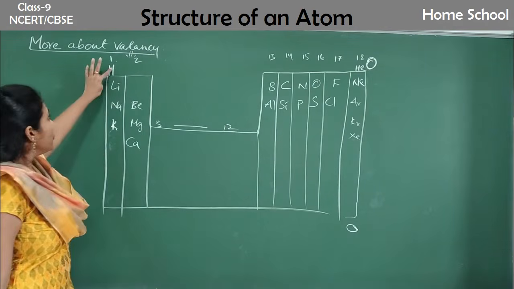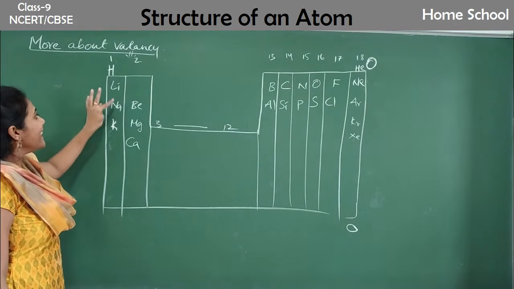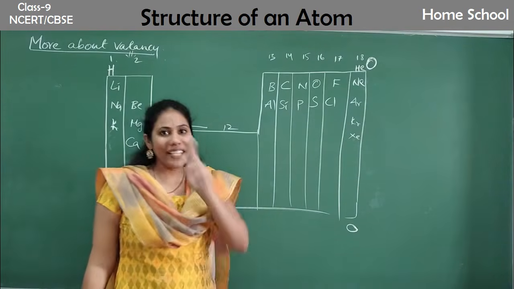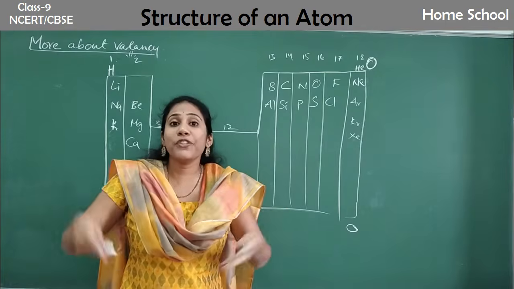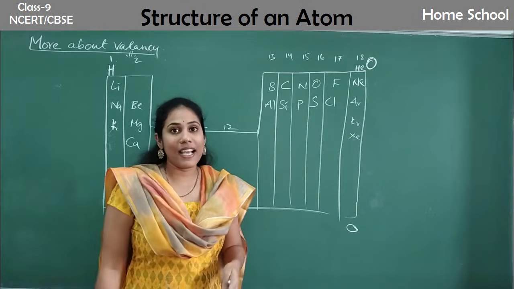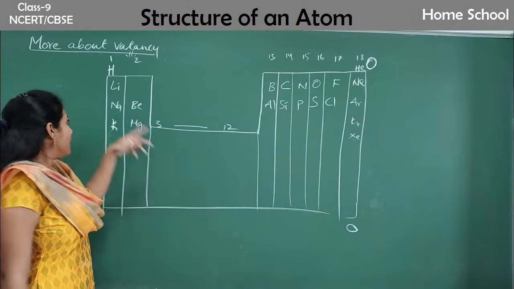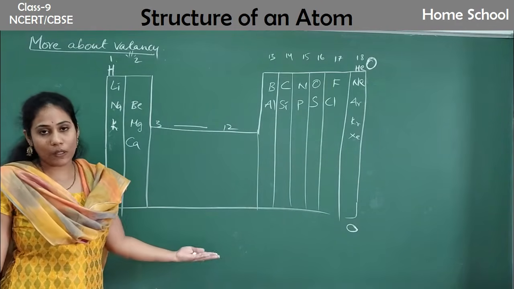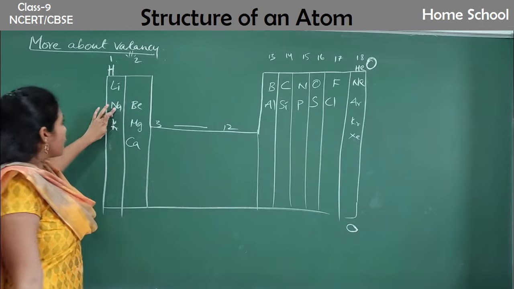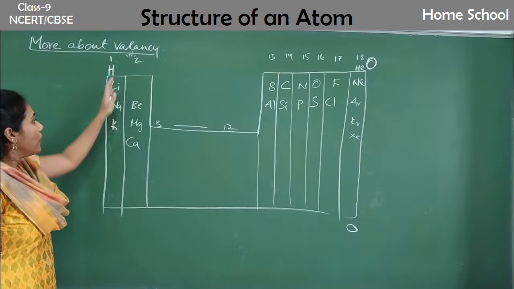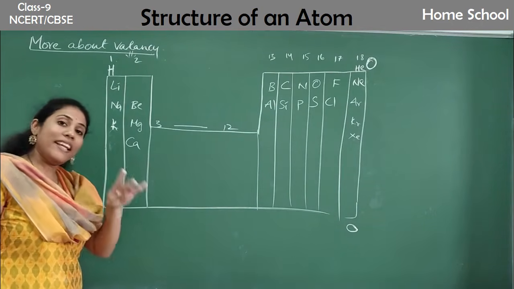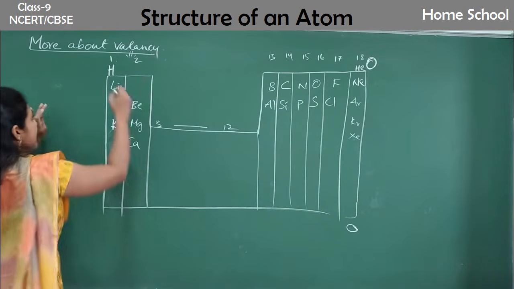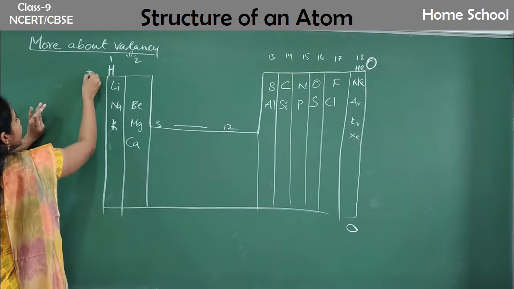Fine. And coming to the group 1 elements, these guys always lose electrons, guys. 1 electron they will lose just to have 8 electrons in their last shell. Just like in sodium, as an example I have shown why it is losing 1 electron. Isn't it? So like sodium, lithium, potassium, all these elements will lose electrons. How many electrons? 1 electron. Okay, so that is the reason their valency is +1.